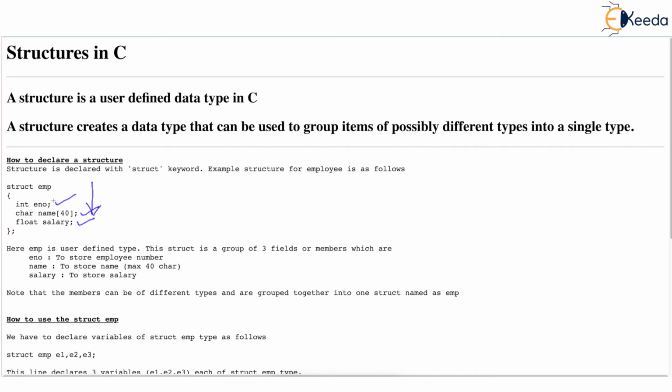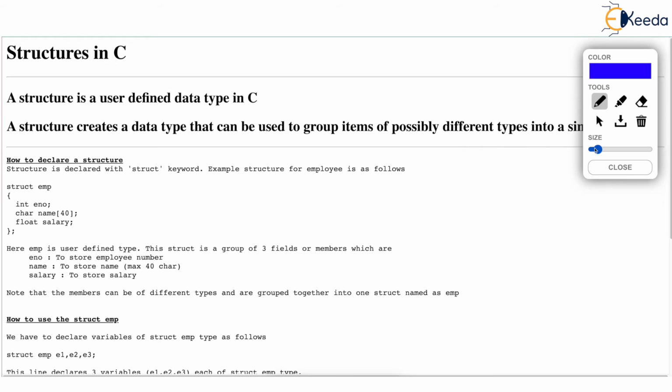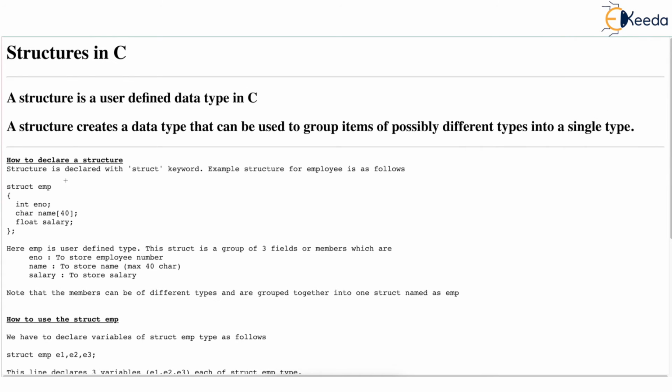Now, are you understanding that these three members which I have declared inside the structure are nothing but variables? Please tell me, on any other day, if I would have given this line int ENO and asked you what is this, you would have said ENO is a variable of type integer. So ENO, name, salary, all these are variables, but we have declared these variables in the house of the structure. Inside the structure we have declared them. Hence, we say that every employee will have employee number, name, and salary. This is how you declare a structure in C language.